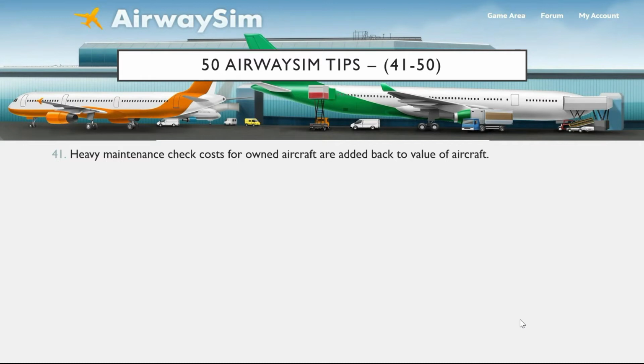So these are the C and D checks. These can be quite costly, and when you own the aircraft, these costs are actually added back to the value of your aircraft, so it increases the value of your aircraft again, which has an impact then on the depreciation value. So the way the depreciation model works is that over a period of 25 years your aircraft depreciates,